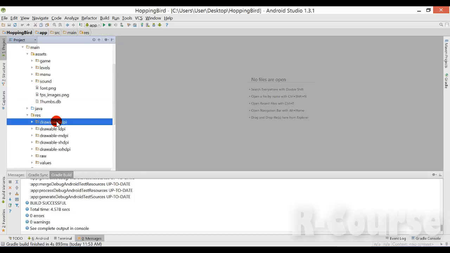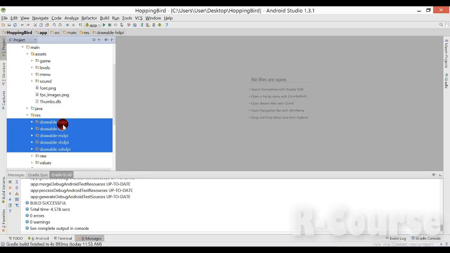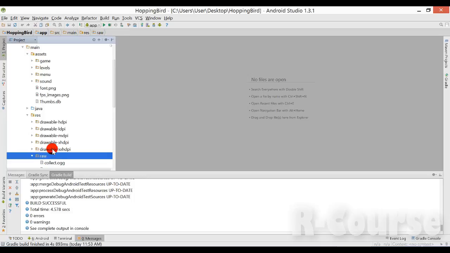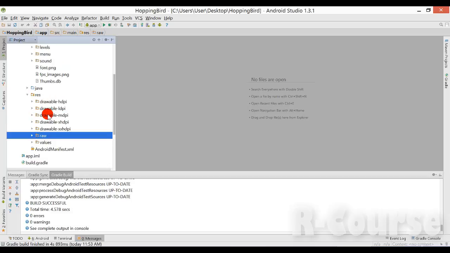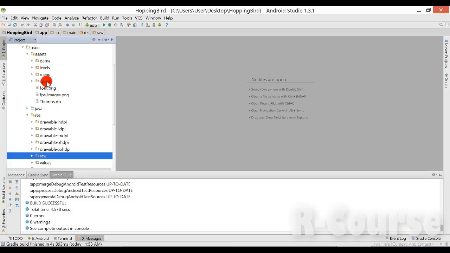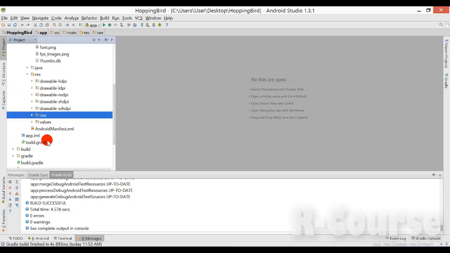So this resources directory. So all these 5 are your mobile icon. And then this one, raw, is your sound files in .ogg as compared to this one. This sounds file is .mp3. This raw is .ogg. And then these values,